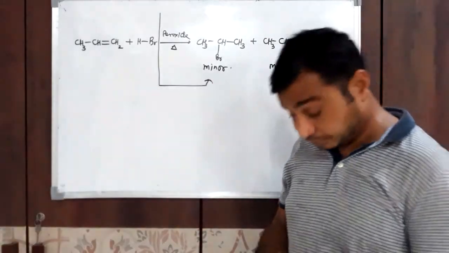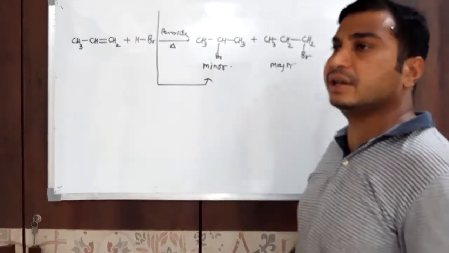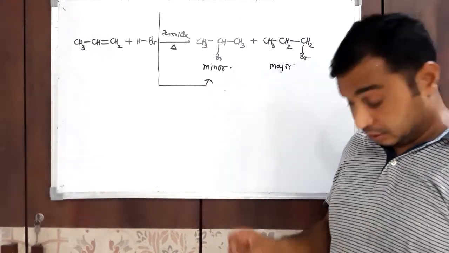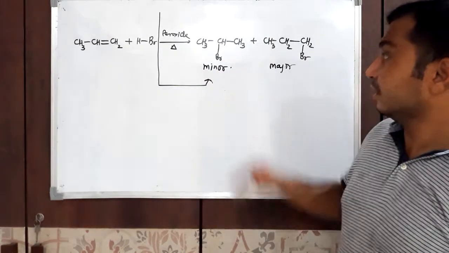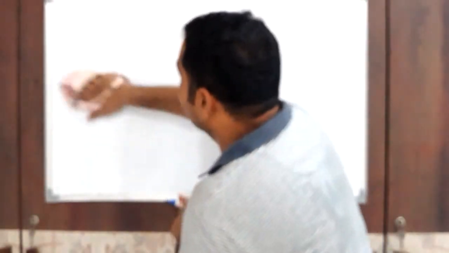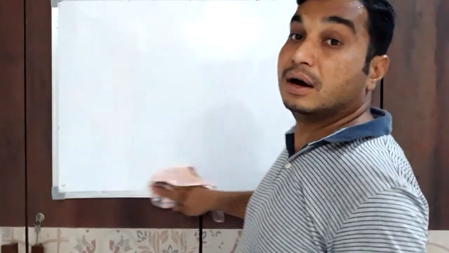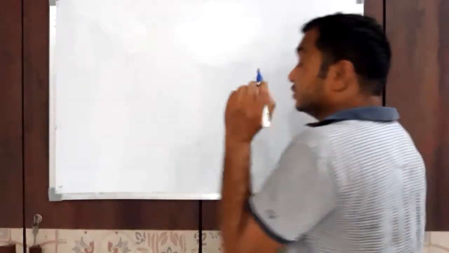Okay, remember this. And actually in this reaction a free radical reaction takes place, therefore these changes occur. I will not go into detail, but just remember this. Then this is the method for the preparation of alkyl halide by using alkene. Okay, now second method,